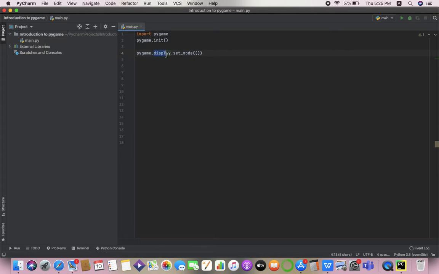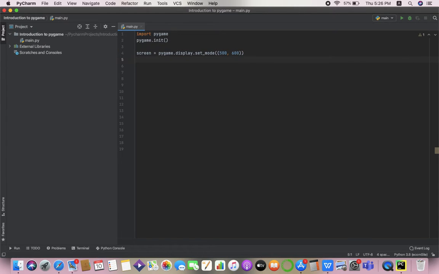So this display statement takes care of all the functions which are related to the displaying of the game window in the Pygame library, and this set_mode function will set the width and height of the game window. And for now I am giving the width to be 500 pixels and the height to be 600 pixels, and we can store this whole function in a variable called screen, for example.